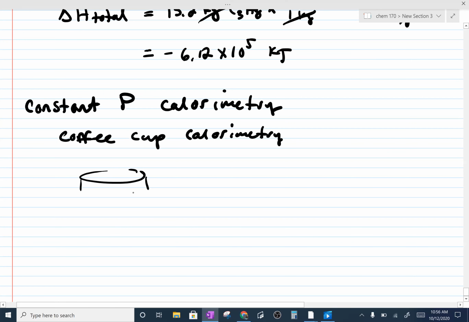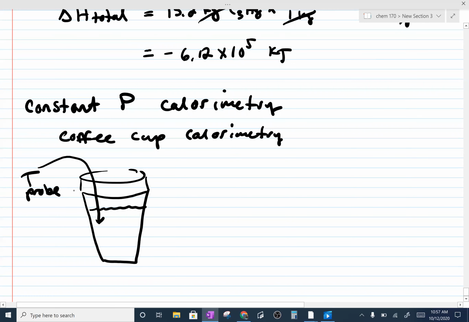So we have our little Dunkin' cup here. And inside this cup, we have some amount of water. And in this water, we're putting some sort of temperature probe, so we're measuring the temperature of this water. And then we carry out some reaction in the water itself. It doesn't matter what the reaction is, simply putting something in that's going to change the temperature and react. And then we measure the change in temperature of the water itself,